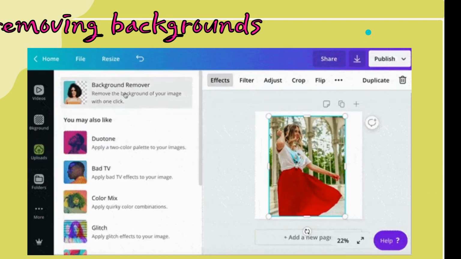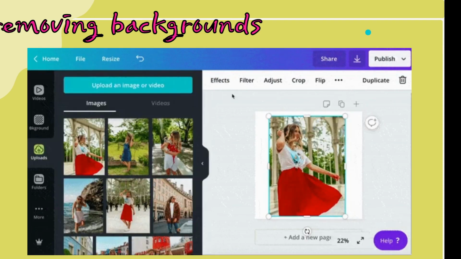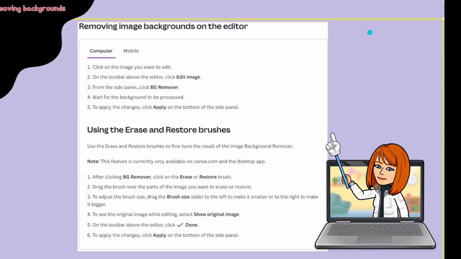All of these are available within Canva. I've given you, again, the removing background image editor steps on my presentation, so that if you forget a step, you can easily go back and figure out how to remove those backgrounds from your images.